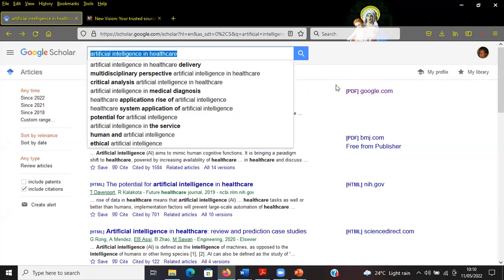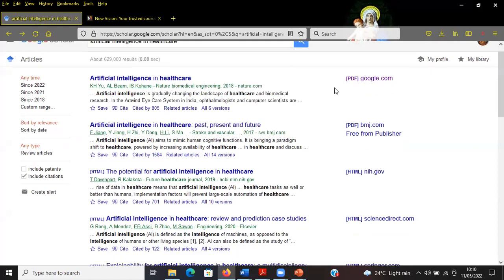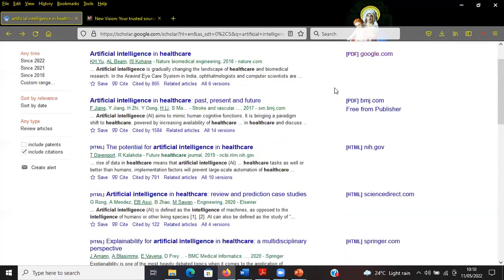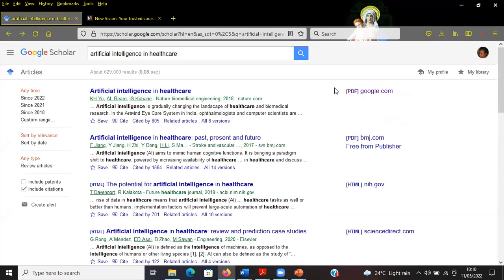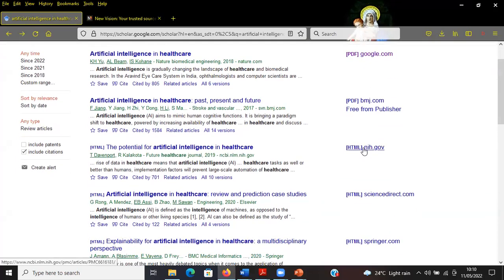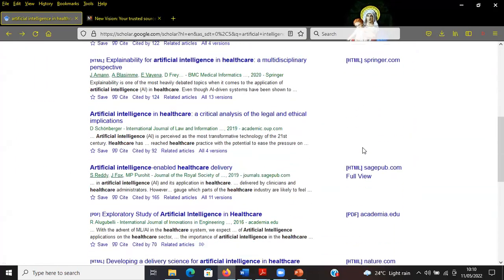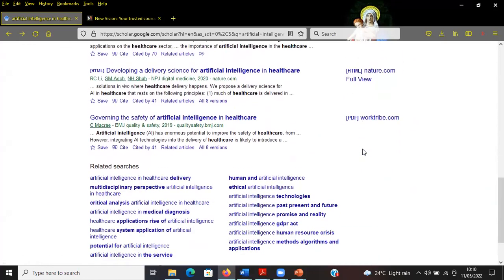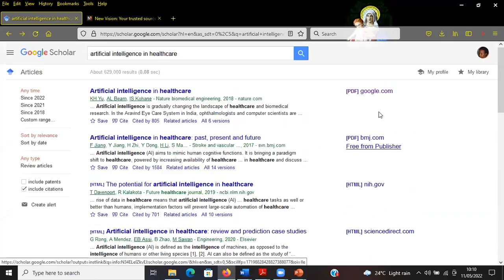I've searched for artificial intelligence in healthcare. And these are the articles that it gives me access to. It shows me what has been written so far on artificial intelligence. Now, on the right-hand side, where you see the mouse moving, where you see those links, it means I should be able to have access to those articles. So let us say you open this article, you click on that link. Have you seen it opens up the article itself?